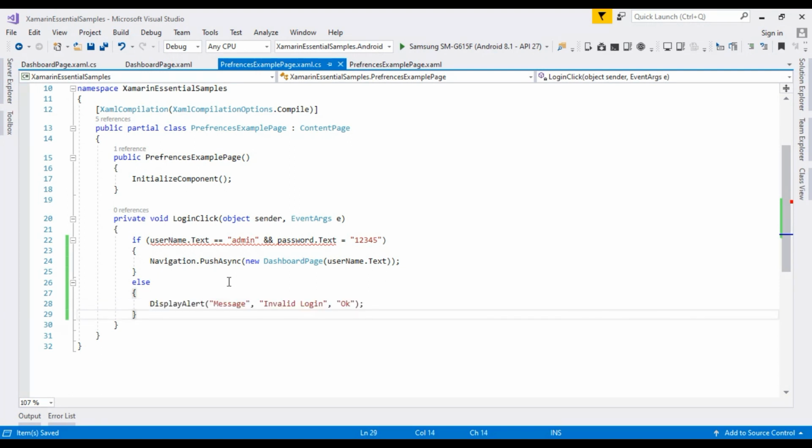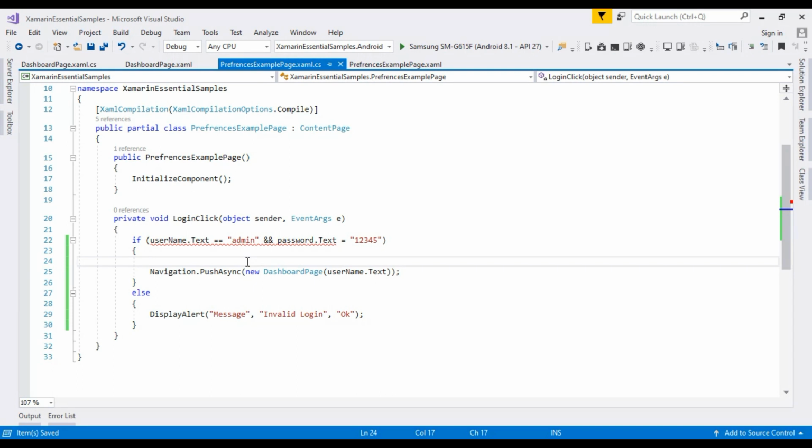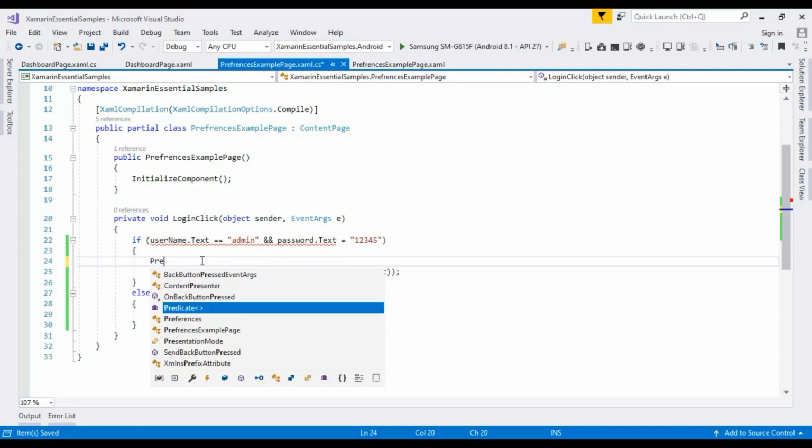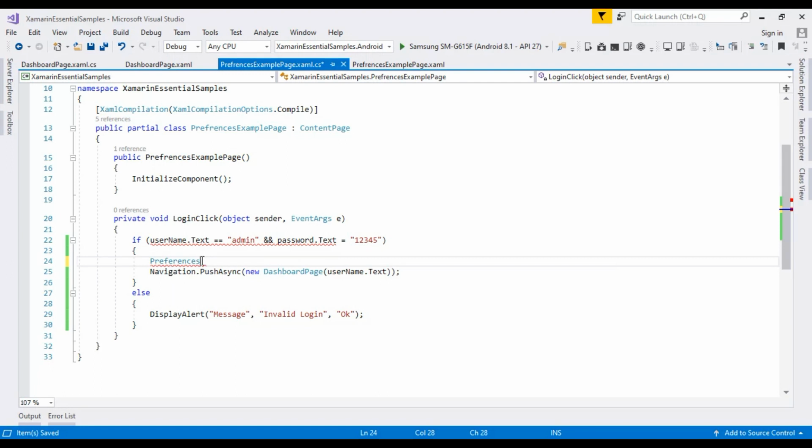Then the next thing: when the user logs in successfully, we have to save this username and password to the preferences. How do we use preferences? We use Preferences.Set, the Set method for saving the value.